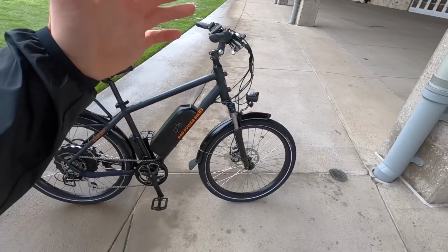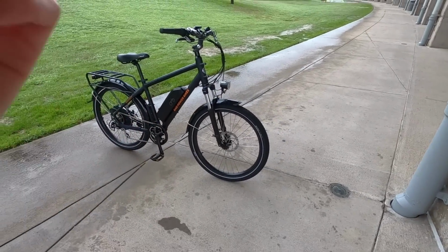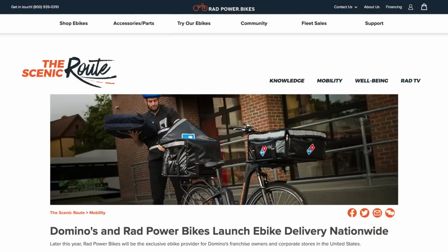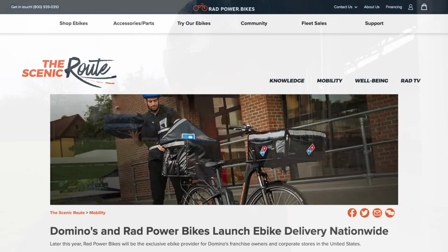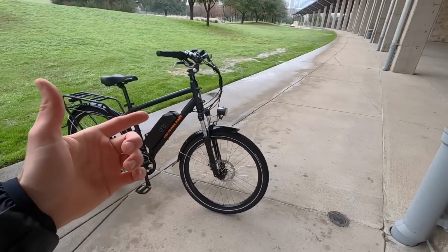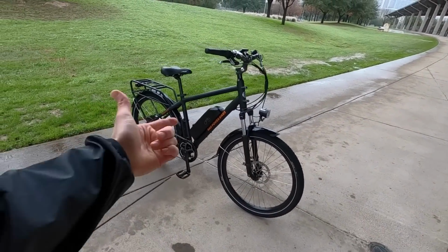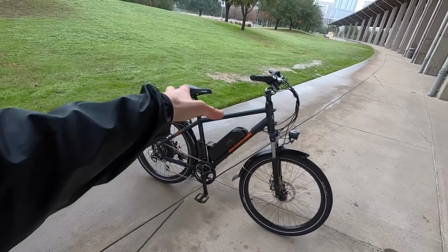I want to call out that Domino's has been using these electric bikes for delivery in big cities. I've actually seen them riding around Seattle, which is pretty cool. Like, what a great way to cut down on traffic congestion and parking fees and stuff. And then also just give your employees a little bit of fun and some exercise. I just think it's really cool, and it's a testament to the quality and the reliability of these bikes, and also the affordability, because at some point, back to like the cheaper batteries and the parts and stuff, they're all